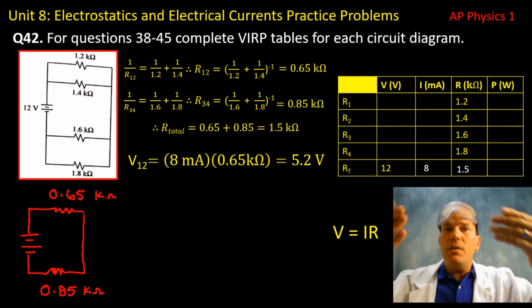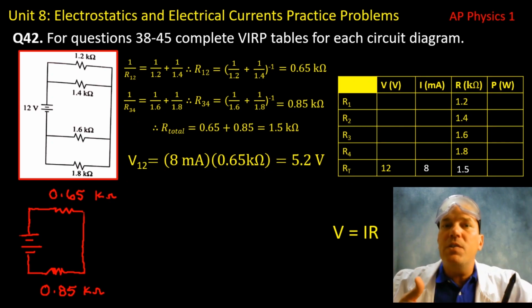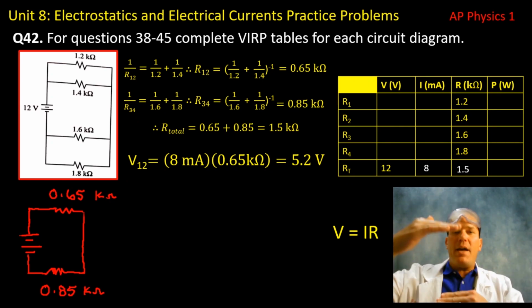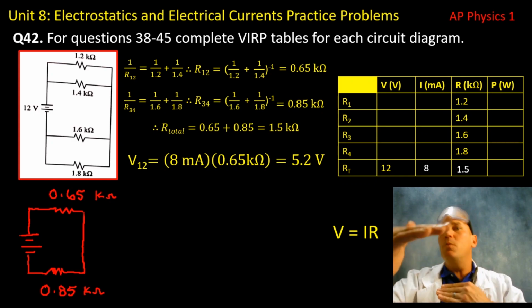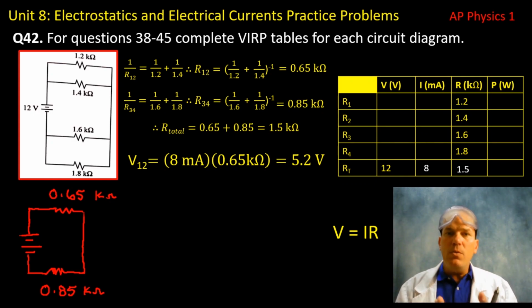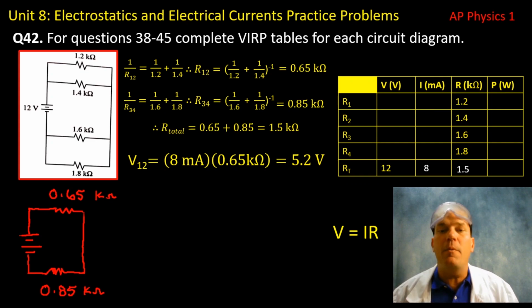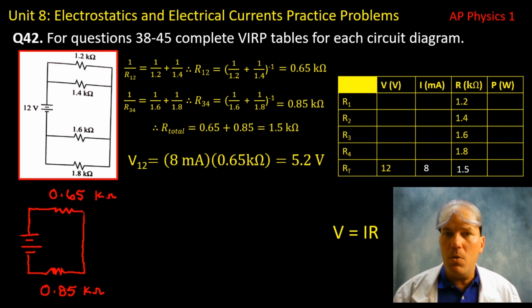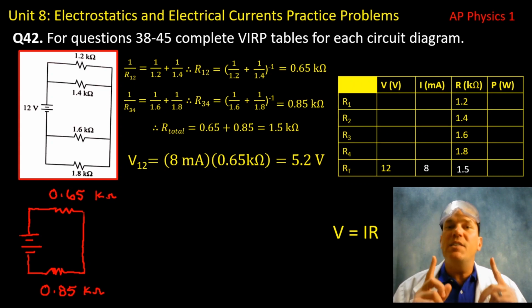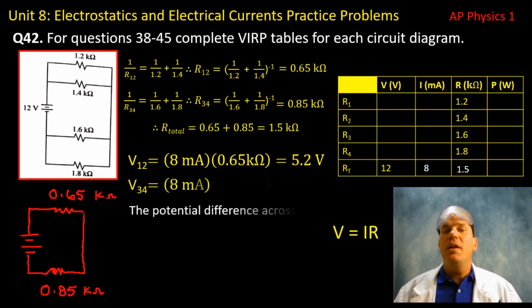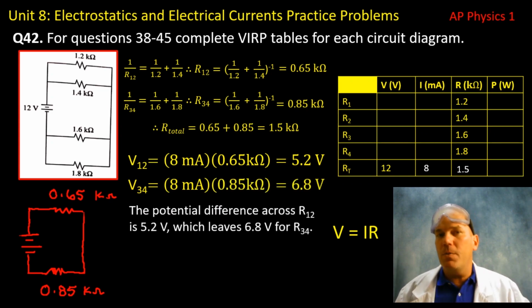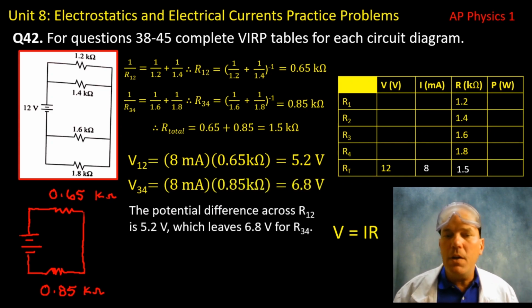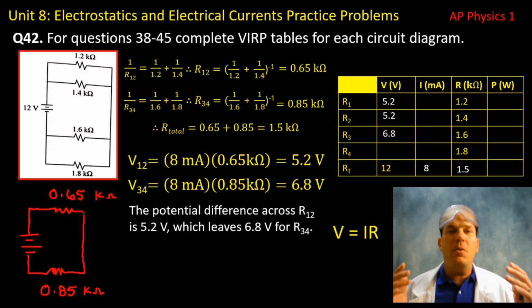Now, this is still an equivalent resistor. We haven't expanded it back out into its individual 1.2, 1.4 kilo ohms, but we do know the potential difference is 5.2 volts. And we do know that the potential difference across a parallel combination is the same, which means that we can do this for V34, and using that same line of logic, we are able to fill out our VERP table